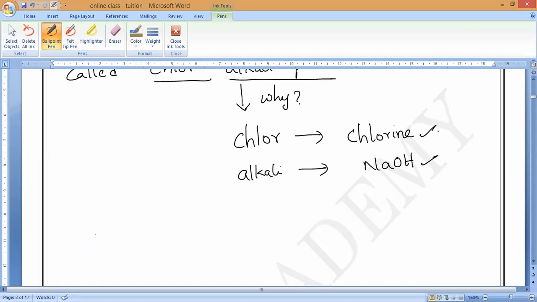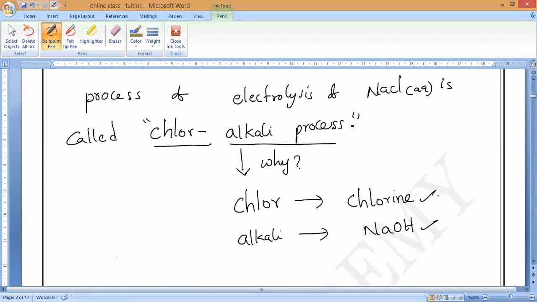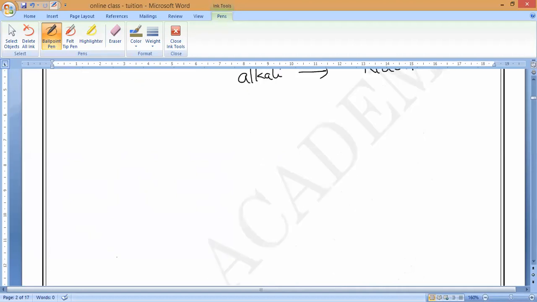So all of you should remember the electrolysis of sodium chloride solution. We can call it brine. So what is the process name for electrolysis of brine? Chloralkali process. All of you should remember electrolysis of sodium chloride solution, or electrolysis of brine solution, or electrolysis of brine, or chloralkali process. All are similar. Do you understand, guys? Everything is the same. That is how to remember it.